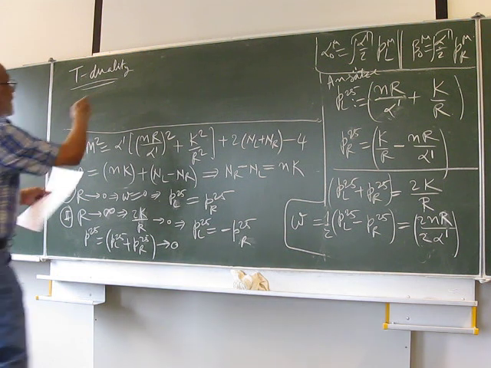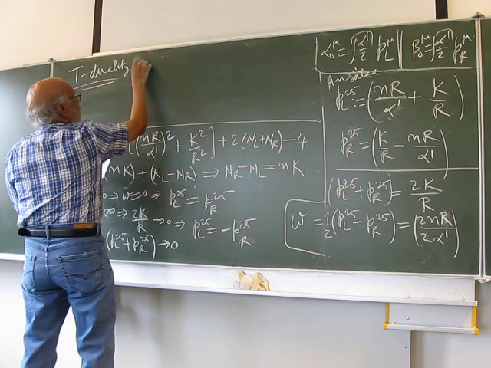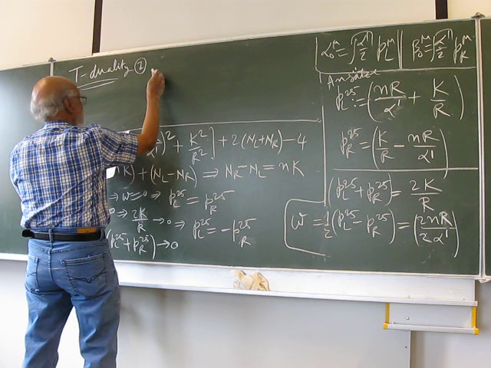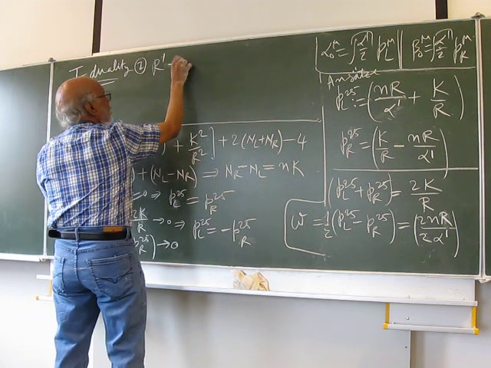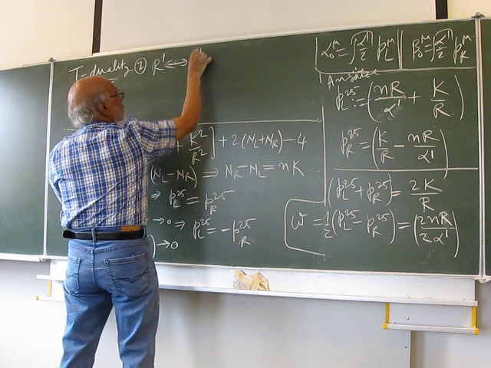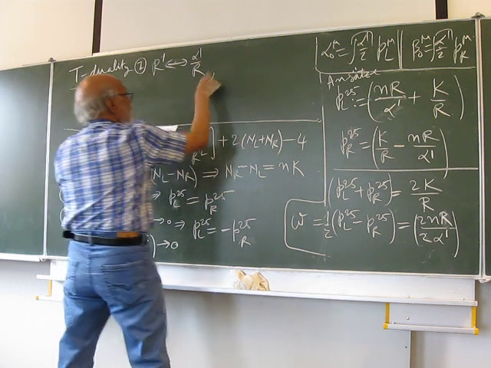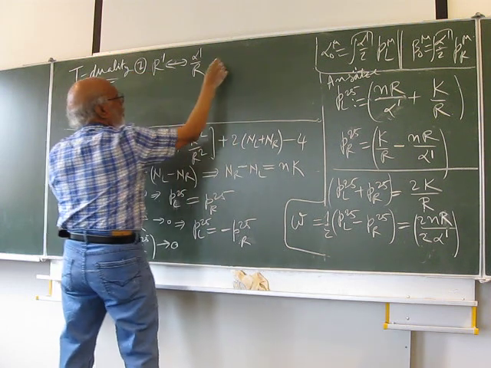I define this by two things. One is R prime going to alpha prime by R,